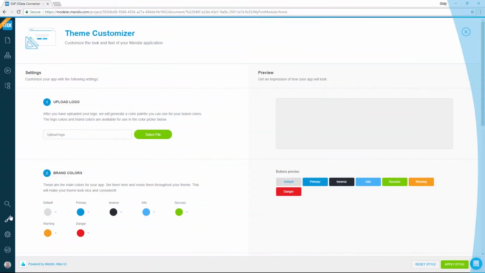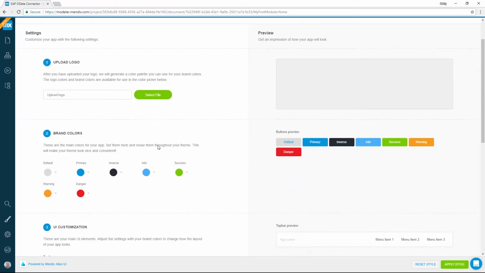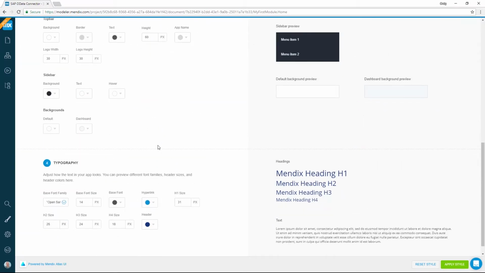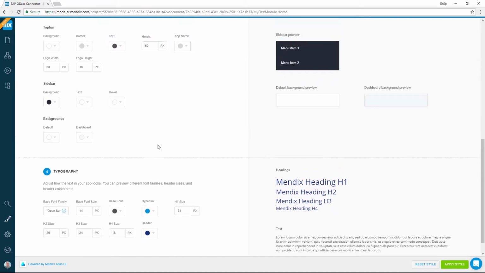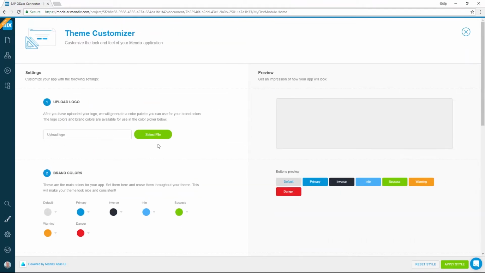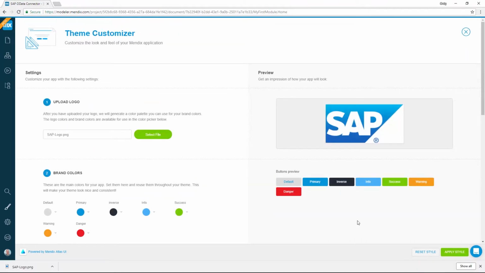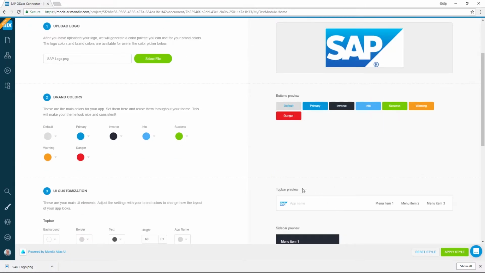The Mendix platform comes complete with a theme customizer, which enables non-technical developers to create beautiful looking applications by selecting from a design palette provided by UX and UI designers. Alternatively, a logo can be uploaded and the theme colour palette is automatically derived from it, with no knowledge of